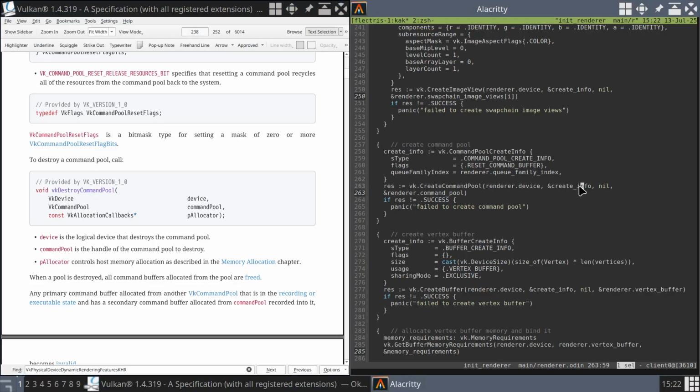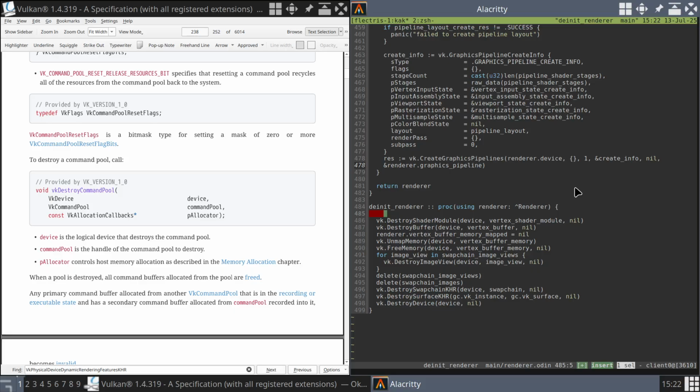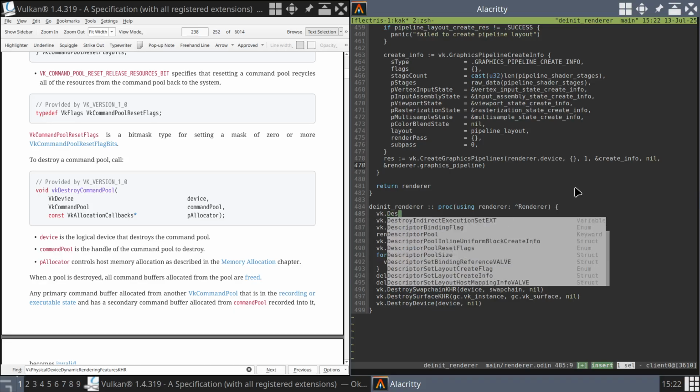There we go. We can destroy the command pool. So let's jump down here. We have our dinit thing. I don't actually know that it matters where we put this. So I'm just going to stick it at the top. So VK destroy